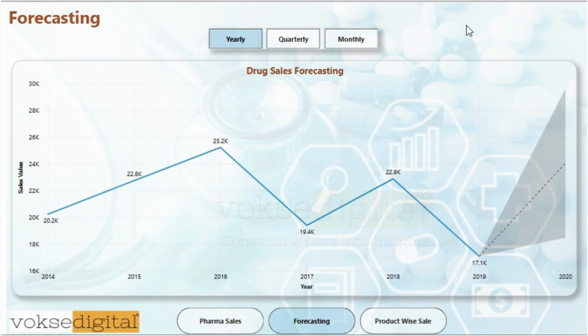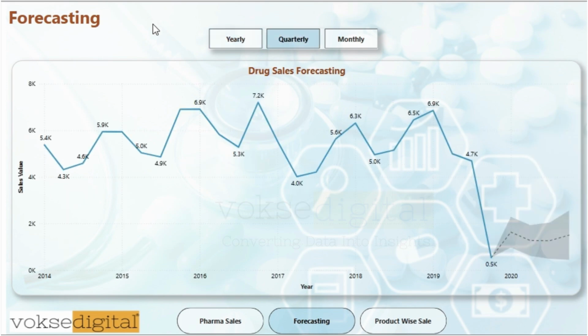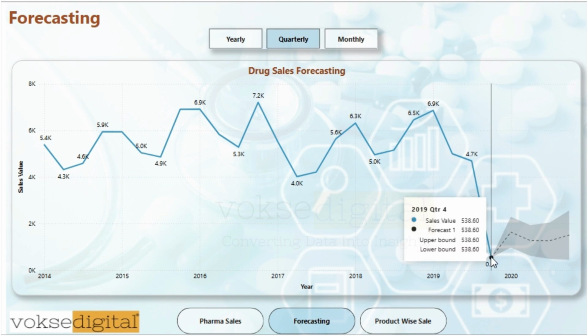The yearly view reveals the bigger picture, such as consistent growth from 2014 to 2016, followed by notable dips in 2018 and 2020. Meanwhile, the quarterly view offers a closer look, enabling businesses to pinpoint specific periods of growth or decline, helping them plan resources and strategies more effectively. For example, identifying sales spikes in Q4 of 2016 or drops in Q4 of 2019 could inform future budget allocations